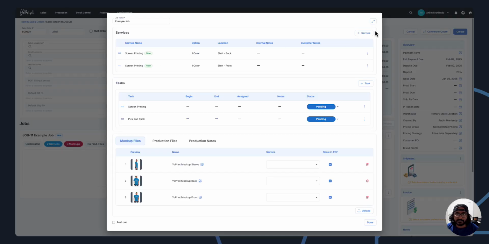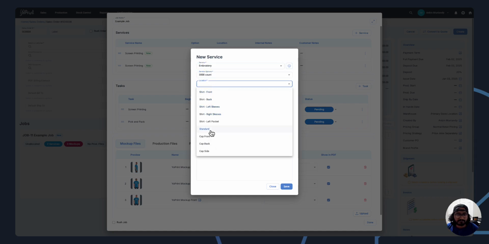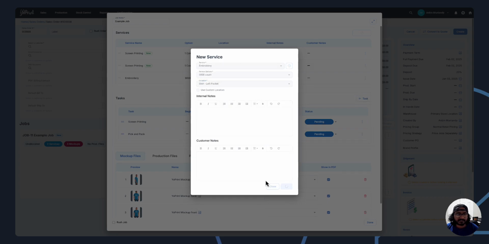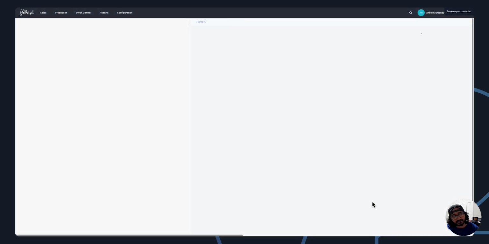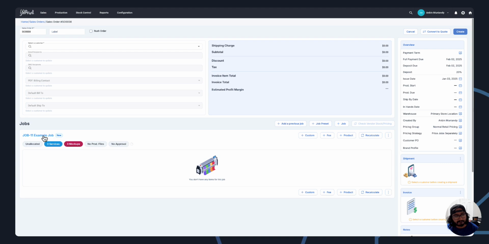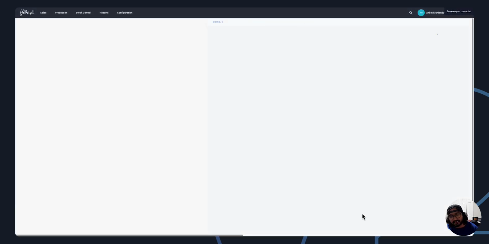Now I picked both screen printing. Let me add embroidery real quick here, just to show you that works. Left pocket, sure. And then I'm gonna move this in the middle. And what I'm gonna do is hit refresh. There we go. Saved. Same with this. If I move the pick and pack to the top, close it out, refresh,